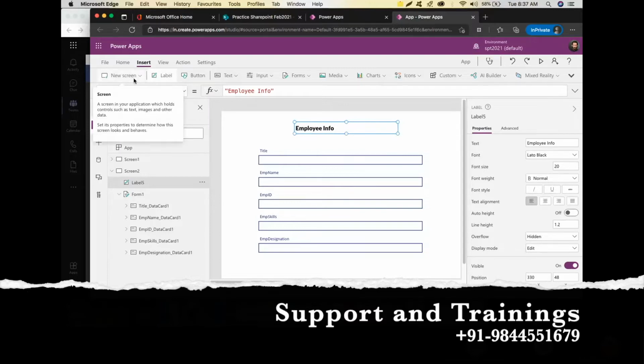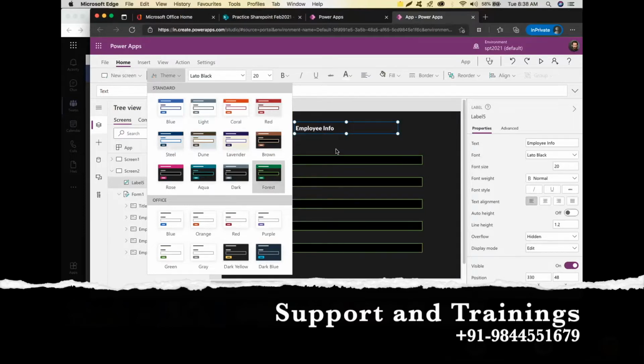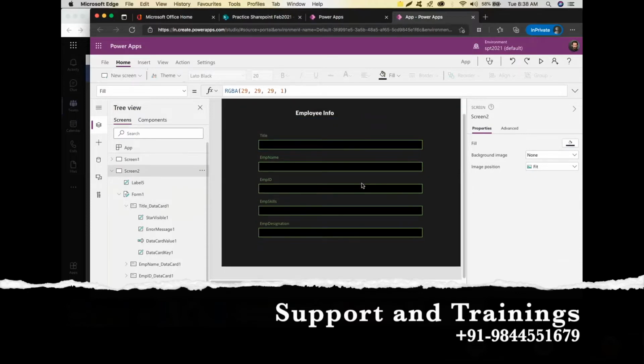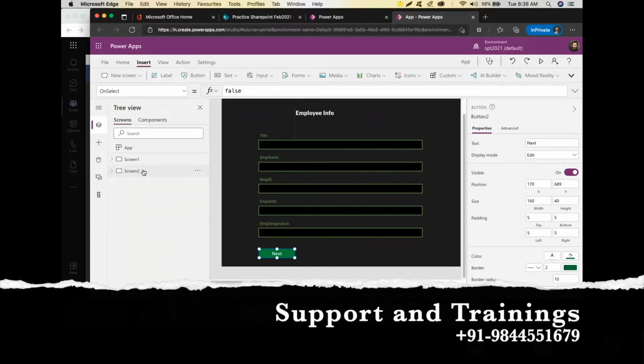Now, let's apply some colors for this screen. I have to put dark green. Now we have 1, 2, 3, 4, 5 fields in the first screen. Now let's add a button. When I click this button, it must go to the second screen. So in this button we will write a formula to navigate to the next screen. We already know that we have a navigate